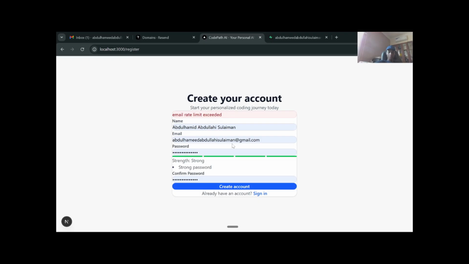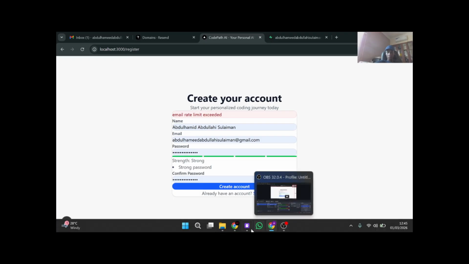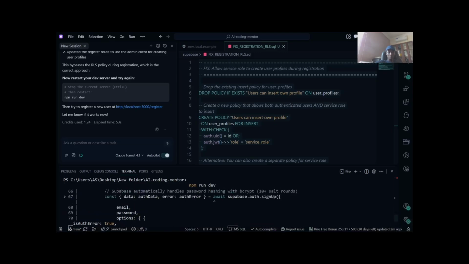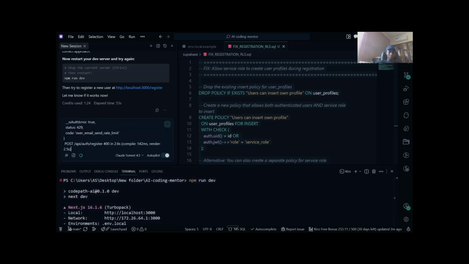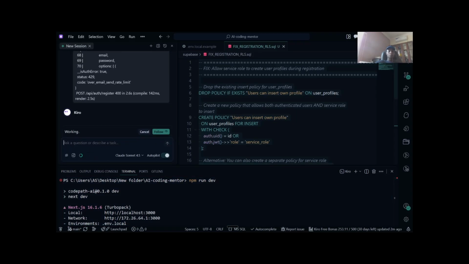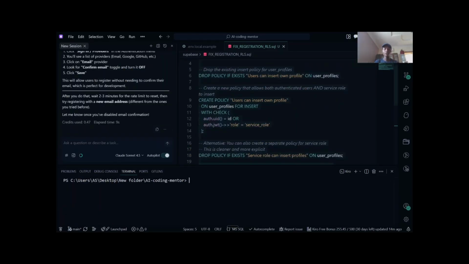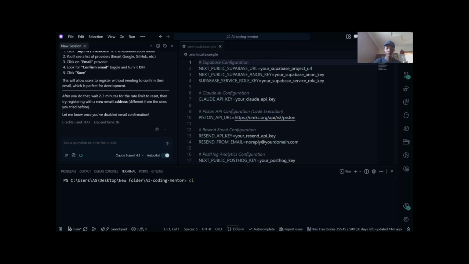Email rate limit exceeded. Right now I've been running into some errors, but I'm trying to fix it. Which reminds me, this is how it goes with vibe coding, right? Things don't work out the first time as expected. So all you need to do is do a few tweaks, change your approach, ask the AI questions, and it's going to help you